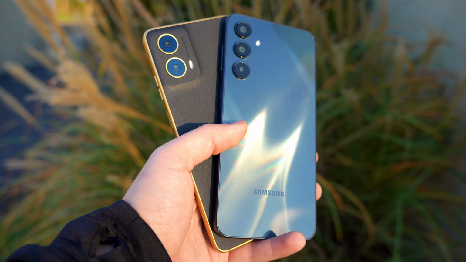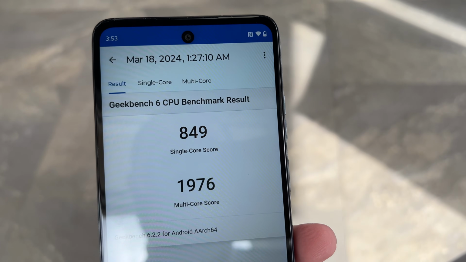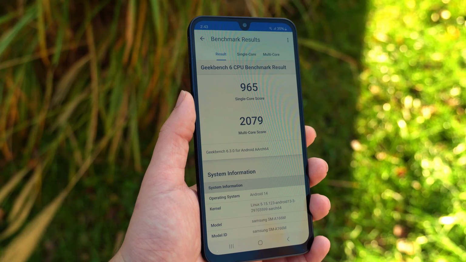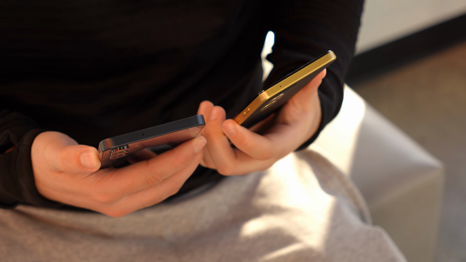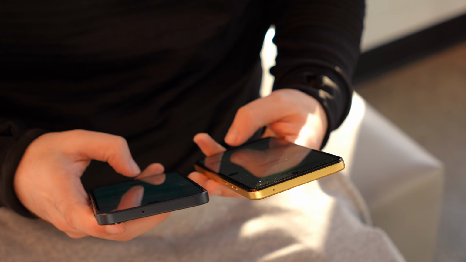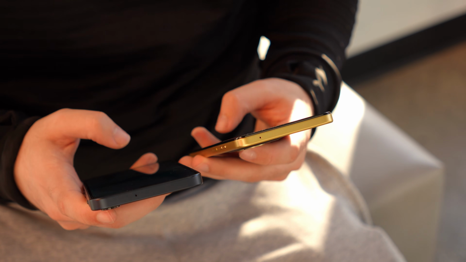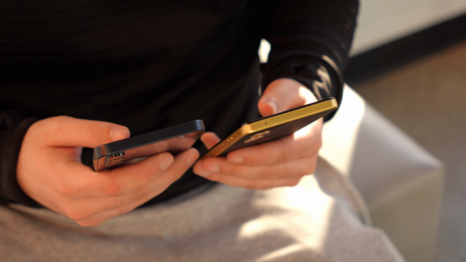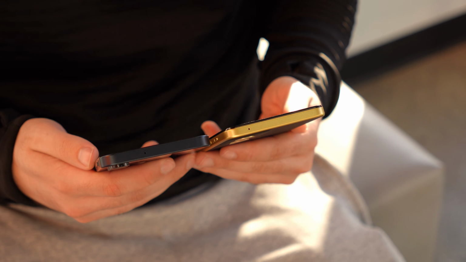Now, the reason I would give the slight edge to the A16 is not because of the CPU performance, because I would say they're very similar. The Galaxy A16 does have higher benchmark scores, but when it comes to actually using these phones and testing the CPU in real life, I didn't really find big differences there. However, the Galaxy A16 does give us the option to go up to 8GB of RAM, which is the model that I have with me, and it does still cost 200 bucks, which is amazing. And the Moto G 5G maxes out at 4GB of RAM, 128GB of storage. So for those reasons, I will give the slight edge in performance to the Galaxy A16. But from a CPU perspective, they're very similar.